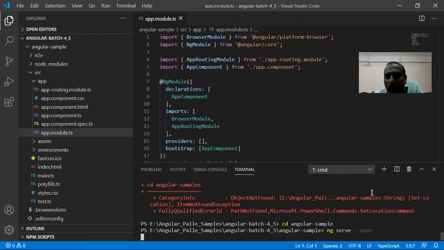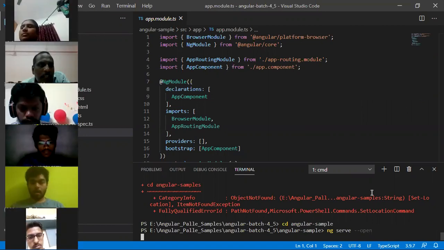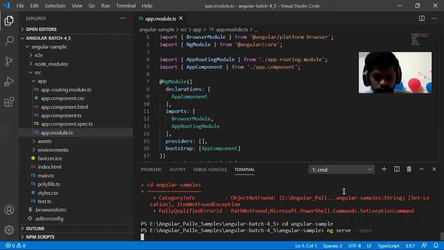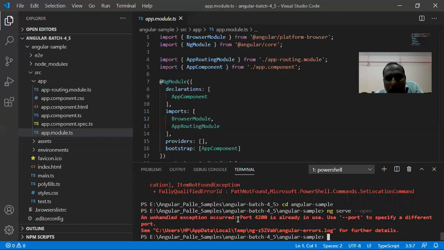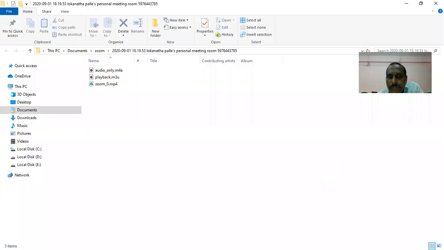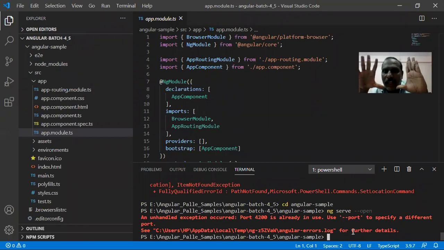See here, it is giving some error. What is the error? An unhandled exception occurred. Port 4200 is already in use. Use --port to specify a different port. So in case I am getting this kind of port related error, I understand that there is a problem with the current port because some other Angular application is already running on that port.